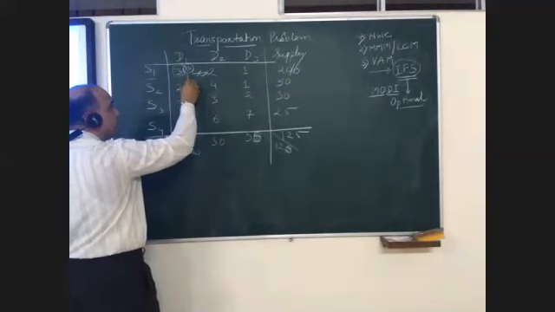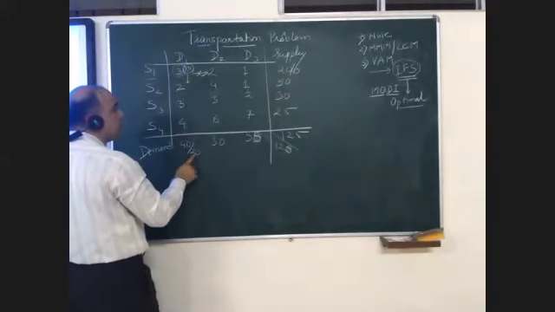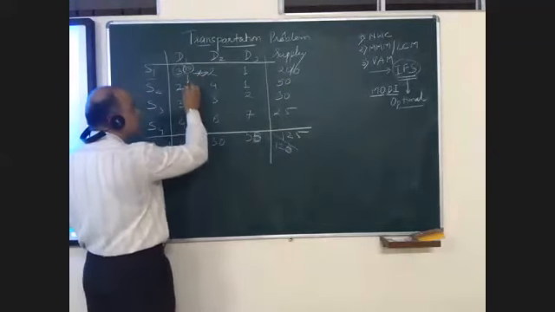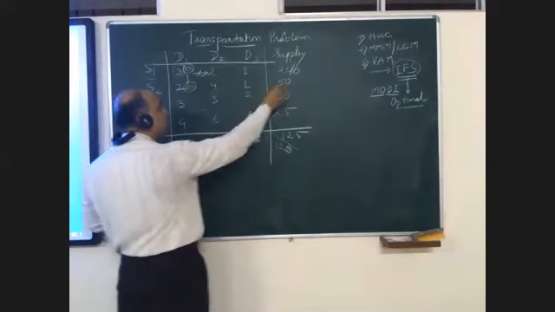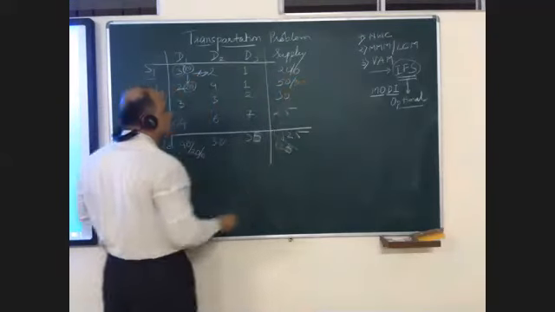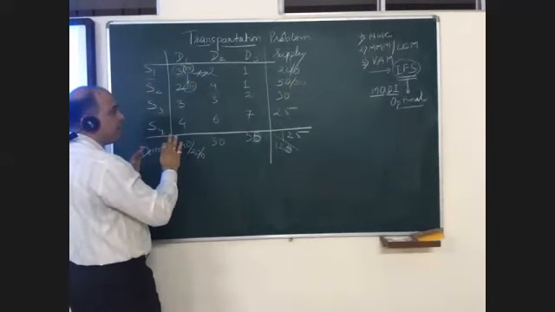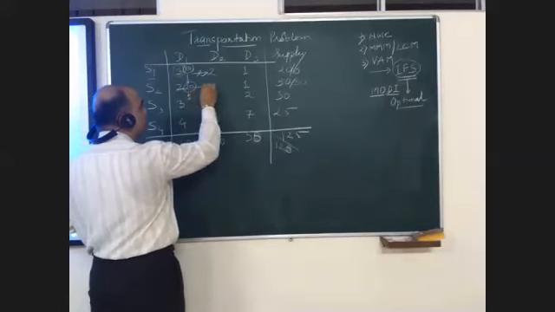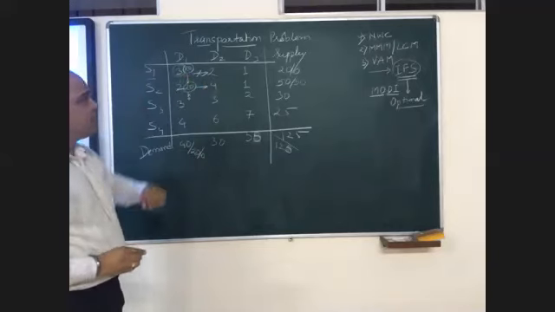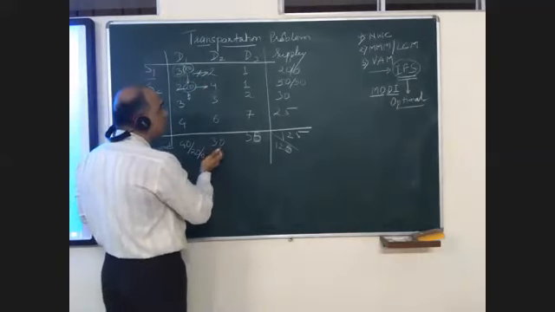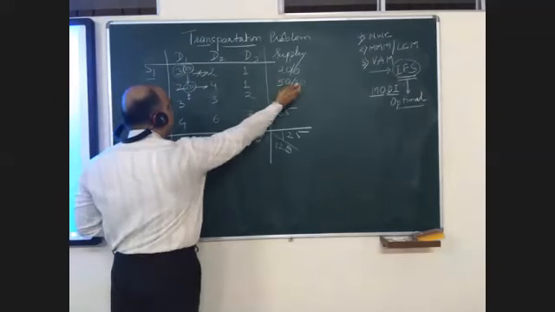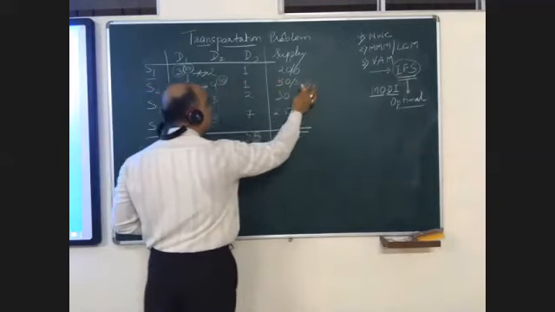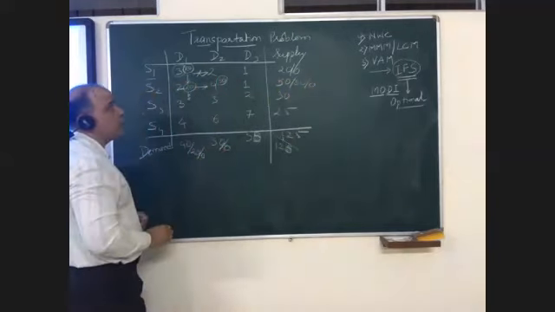What I will do is I'll move downwards because still there is a demand of 20 units. At this center, I have a supply of 50 units. So if I supply 20 here, I am left with 30. The demand is exhausted or fulfilled at this center. So I cannot move downwards. So I have to move towards the right hand side. The demanded quantity is 30. I have 30. So supply is exhausted, demand is fulfilled.